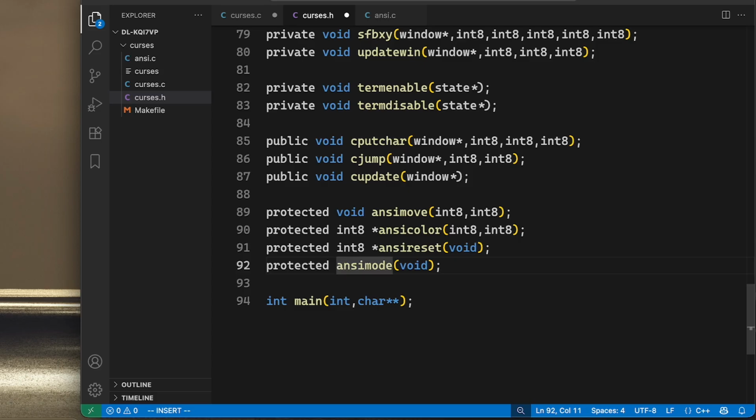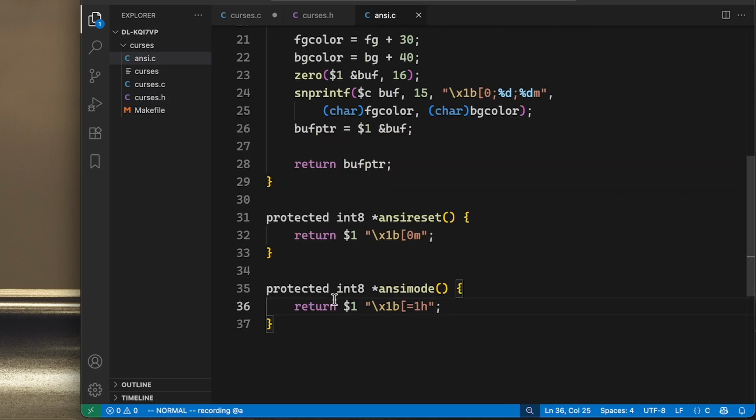There's not really a point. So let's make this a void instead. And we do the same here. Void. And instead of returning this thing,